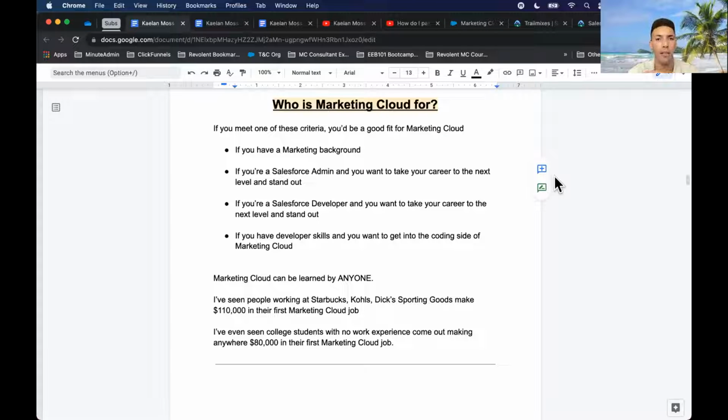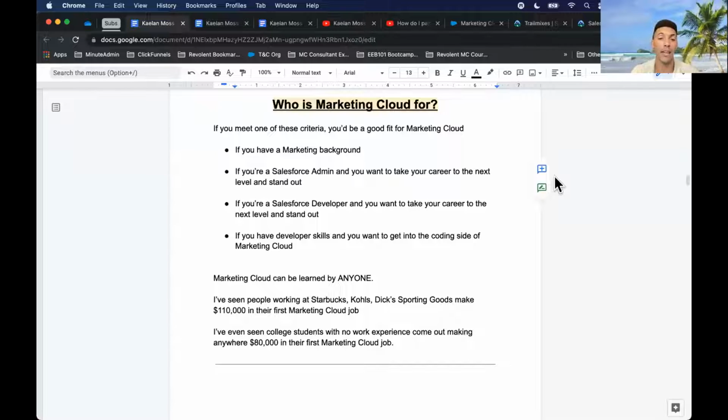Now, there are different levels of Marketing Cloud that you're going to need to grasp, like understanding SQL, AMPscript, or server-side JavaScript. Those are more on the coding side of Marketing Cloud. But when it comes to setting up email campaigns, creating a journey, or putting together an automation in Automation Studio, literally anybody can learn that in a week. If you just understand where you need to click and what you need to press, because as we all know, Salesforce's motto is clicks, not code. So with that, the learning curve becomes so much easier.